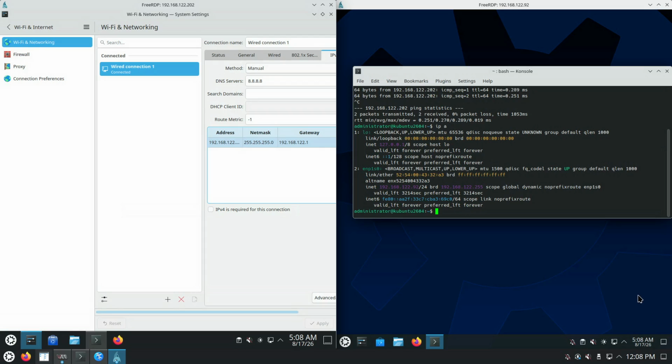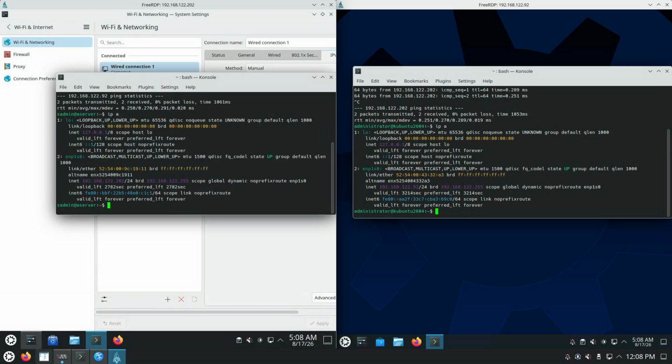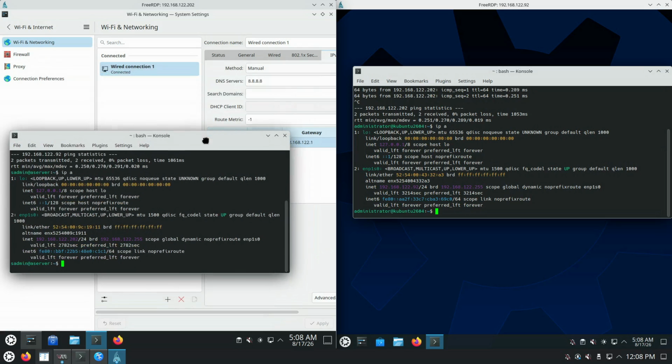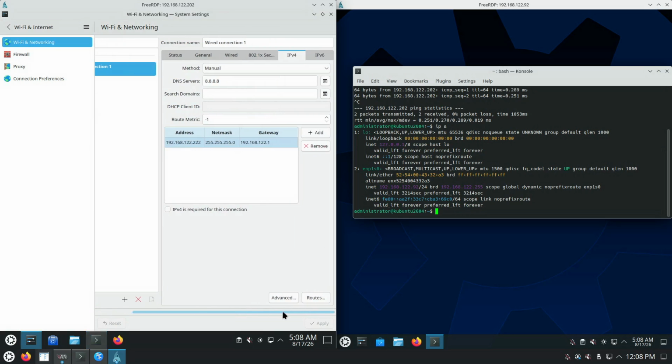Let's prove that things started to work, or the IPv4 address has already changed correctly. How do we do that? So ip a should end with IPv4 address 202, so the change has not applied yet. Again, I'm not sure exactly how to convince Network Manager to instantly apply the settings or to actually apply the